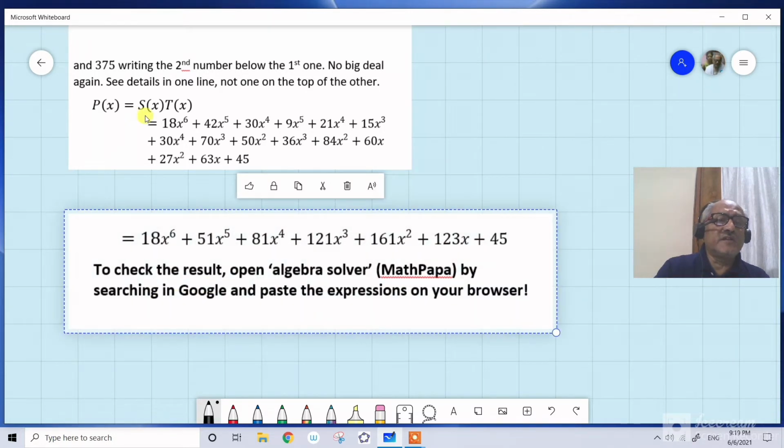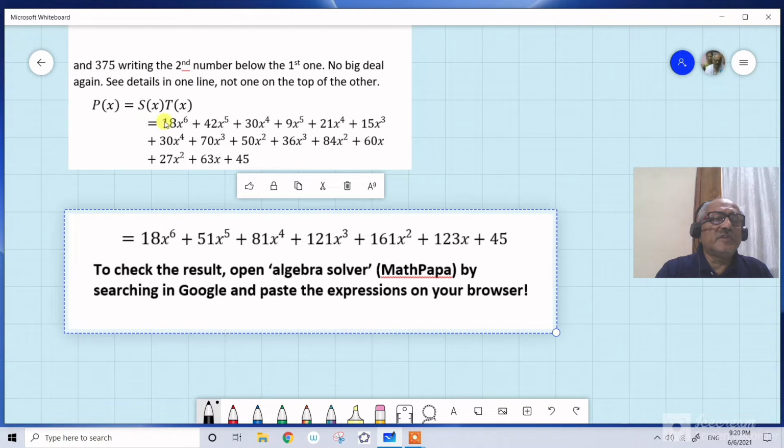Our S(x) and T(x), you multiply, and you will see that again it will be a polynomial P(x). So you have to multiply them term by term. Each term of S(x), that 6x to the power 4, will be multiplied by 3x square. So it becomes 18x to the power 6. In that way, just as you multiply numbers, putting one number below another, so in this way you multiply,